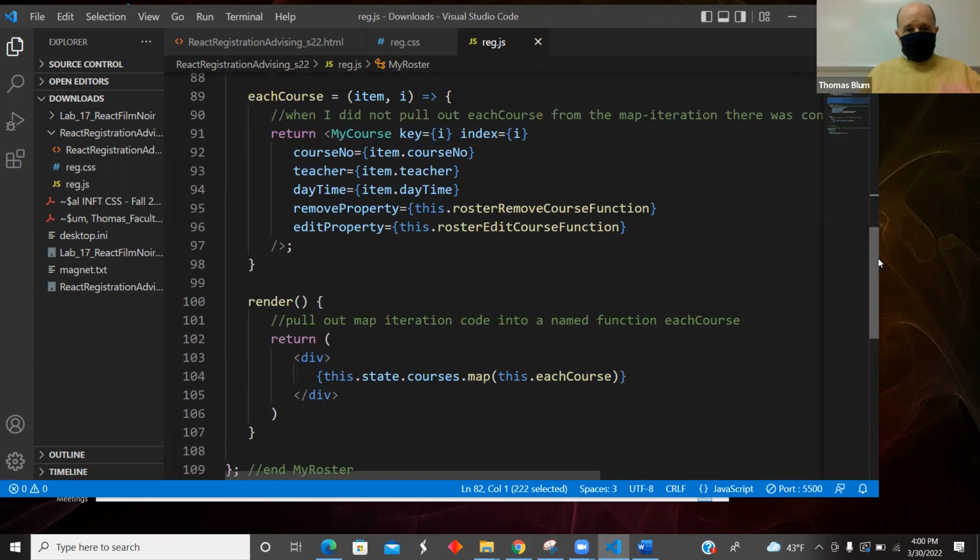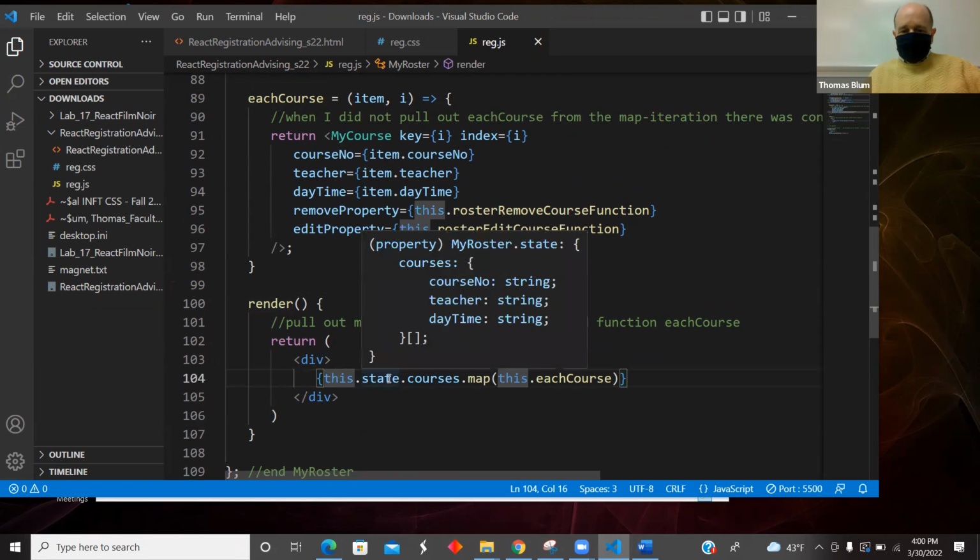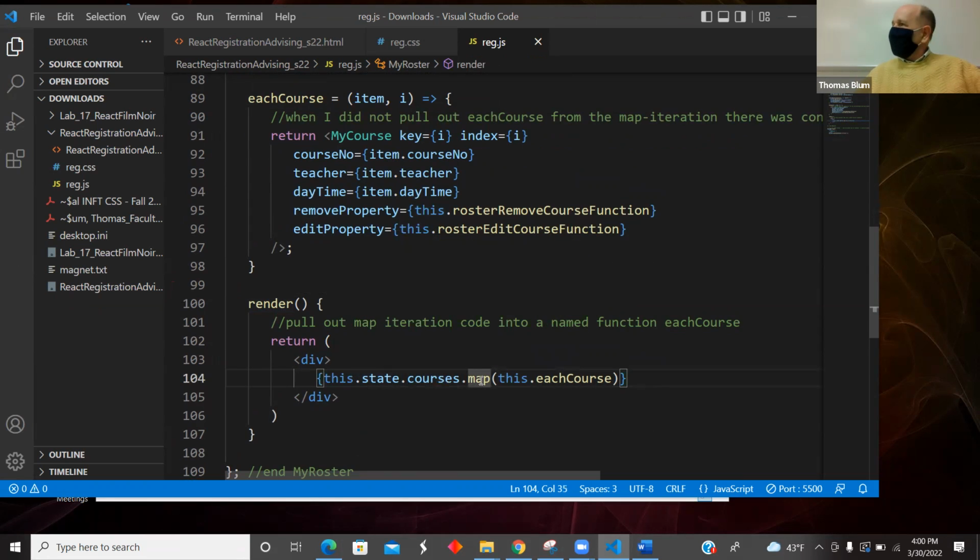I'm going to jump down to render and then come back up to each course. When I'm rendering, I am going to display the array of courses. So I have this state courses map. Remember, map is basically a fancy kind of a loop. And then I have a function to handle my loop. When I created, immediately right here, the function to handle the mapping, to handle the iteration, the looping,